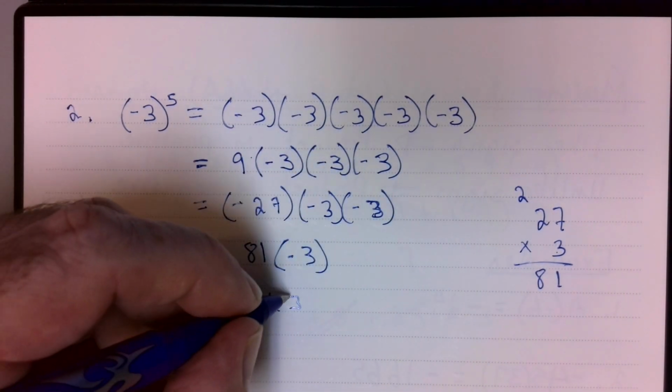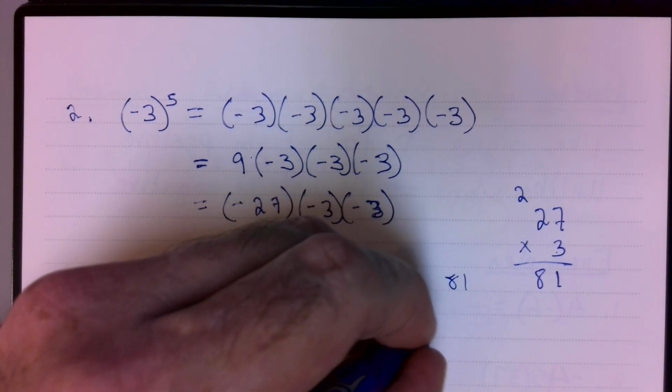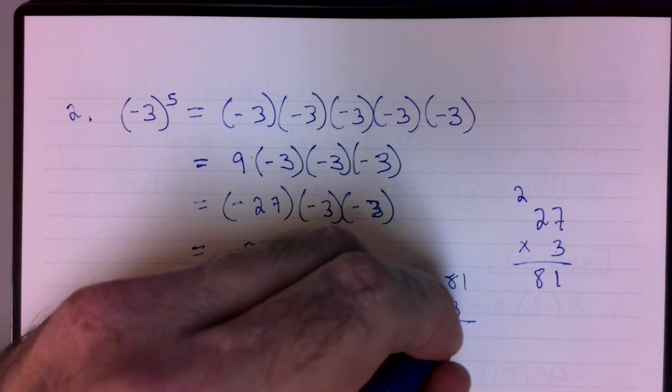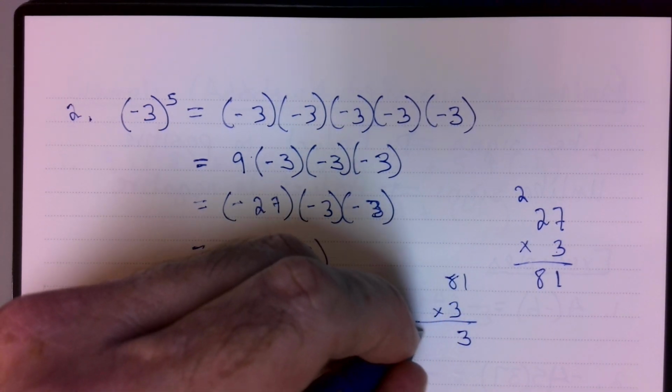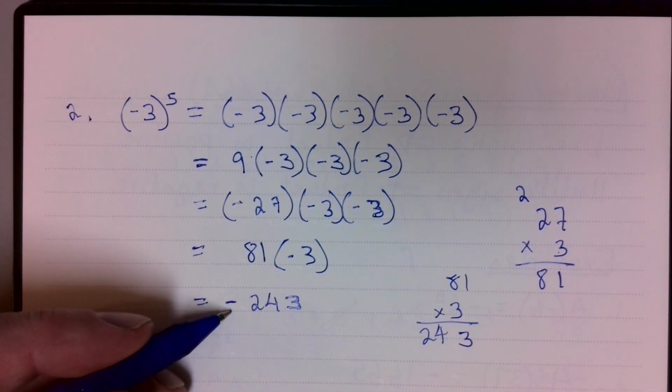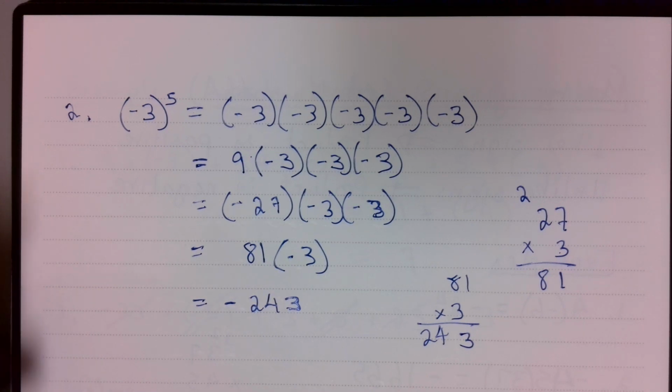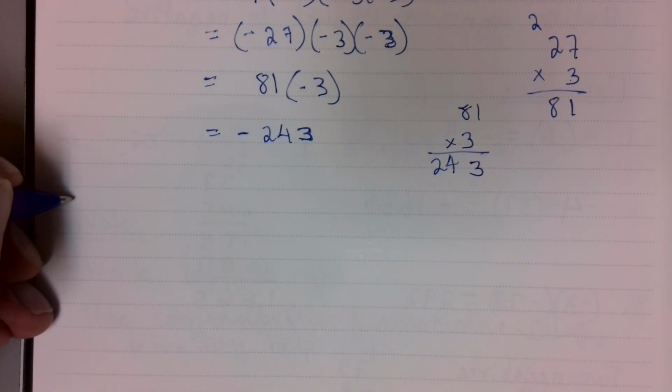We can check very quickly right here. 81 times 3. 1 times 3 is 3. 3 times 4 is 24, so 243. Okay, let's do something like this. Let's do